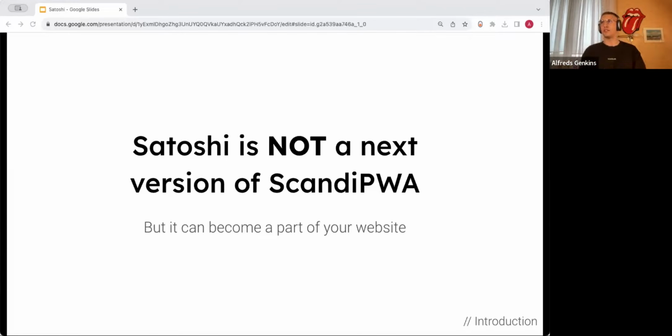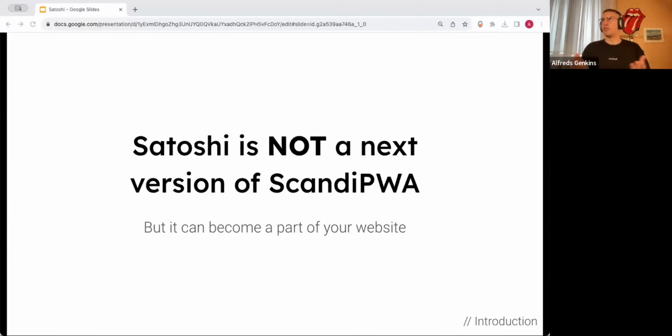And if you are a customer currently running a website like scandiweb on scandiweb or on any other basically technology stack, we are more than happy to try bringing features you have seen and experience you have seen within Satoshi to your store. And this would help us to basically understand the demand and also create a ready solution that we could reuse in the future